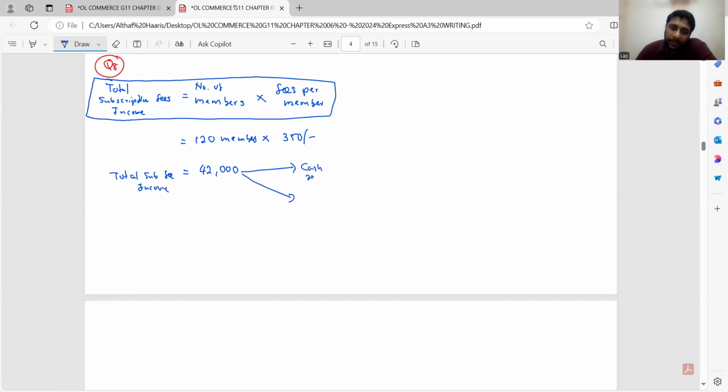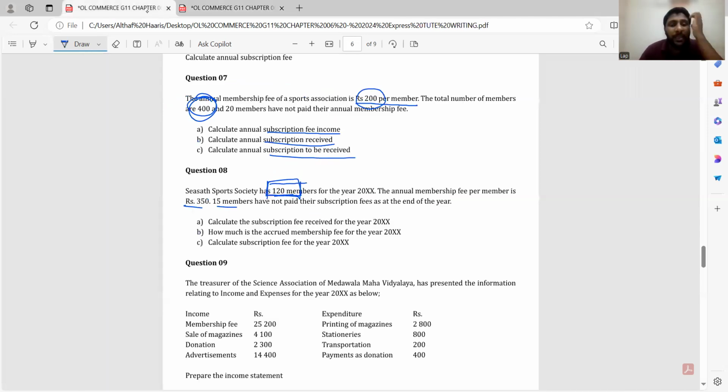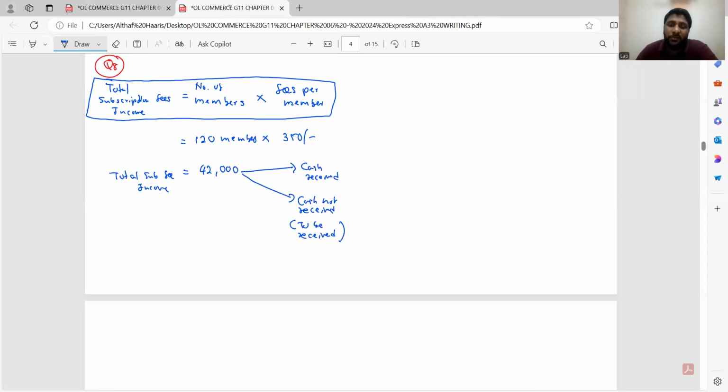Cash received, cash not received. Not received means to be received. So what are they telling now? 15 people have not yet paid you. So 15 members have not yet paid. Then understand, out of 120,